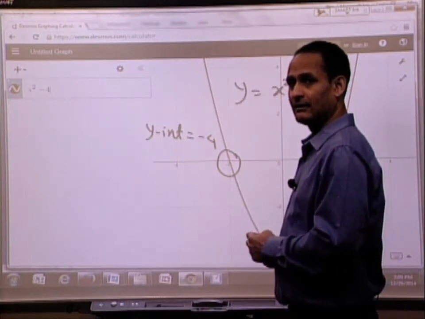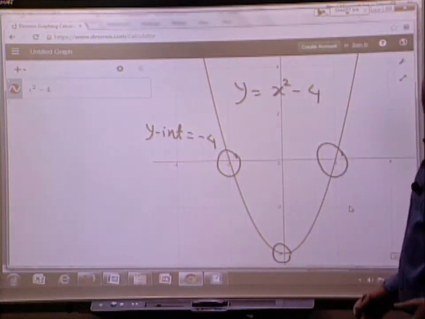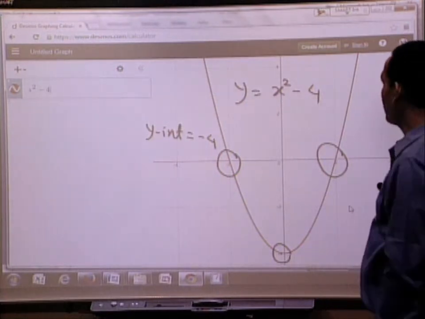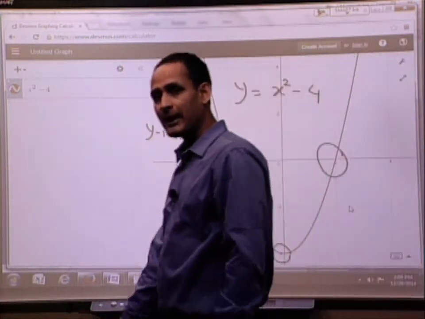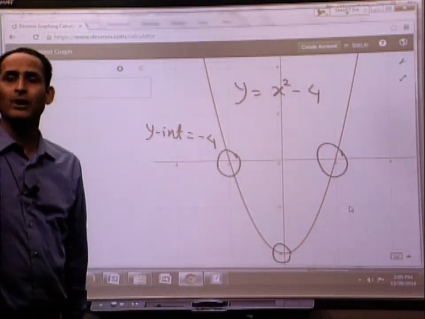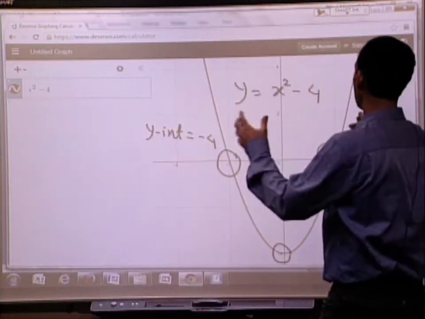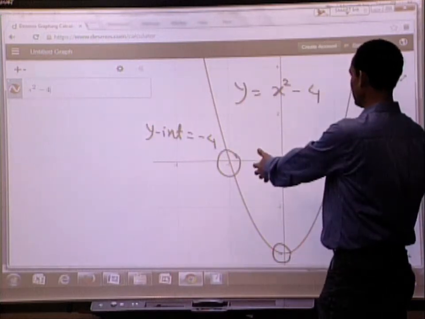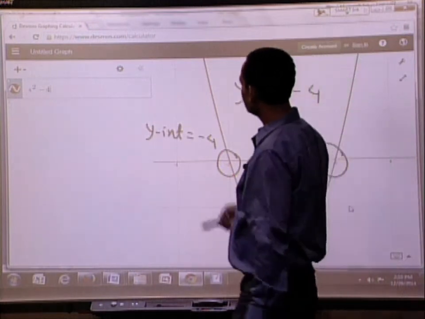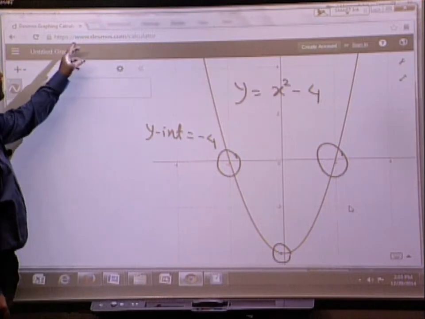Let's talk about using a graphing calculator to graph some equations, and let's try to understand the graph. If you have any graphing calculator, you can use it to graph equations. If you don't have one, you can find several graphing calculators online. Right now I'm using one that Google gave me online, and the web address for this graphing calculator is